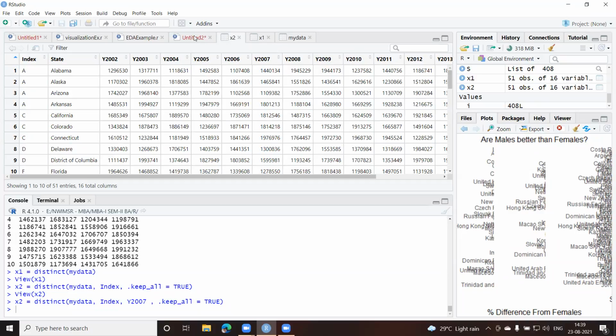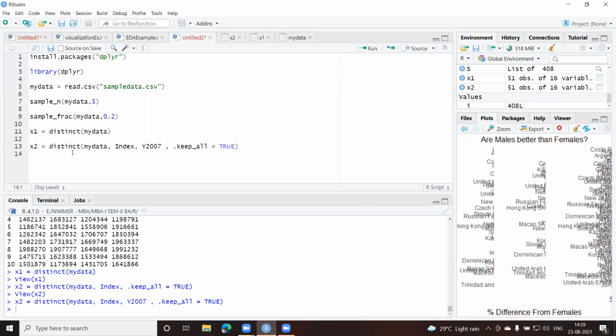In the previous example, because I used only index, maximum records were dropped, and I got only 19 records because we had some indexes with the same letter E or C and B and so on. So all those records got dropped. So if you want, you can also indicate multiple columns so that you can remove the duplicate records. That's one way of doing it.